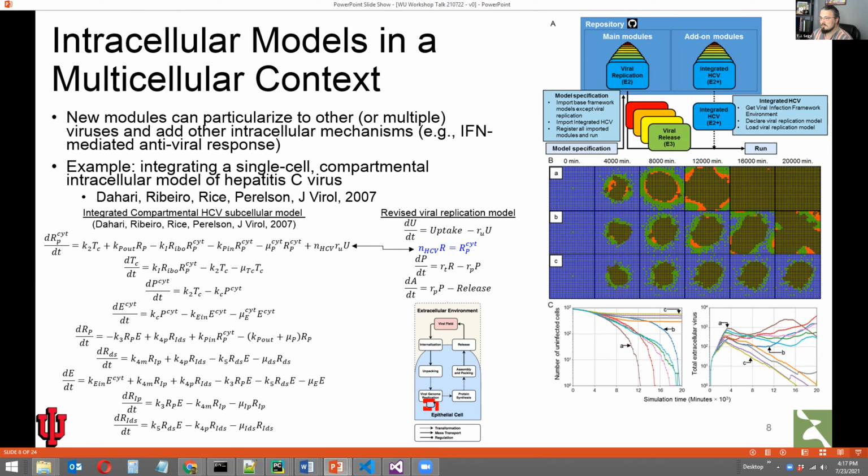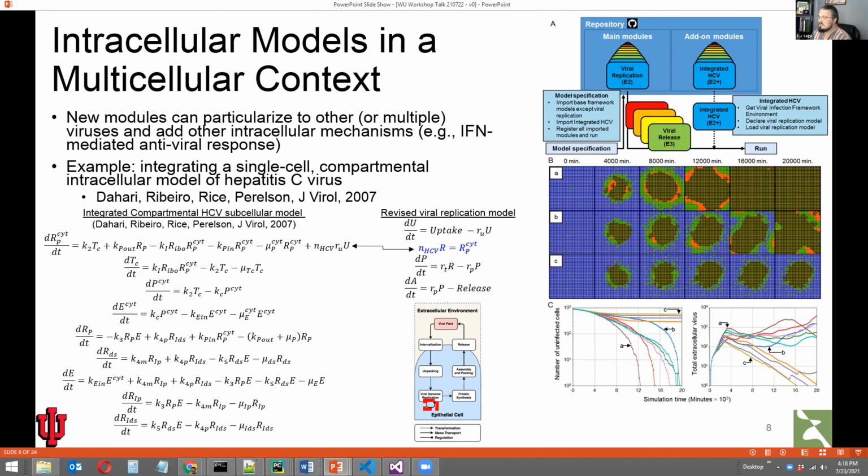And this model, to my knowledge, has only always been used to study HCV in the context of an individual cell exposed to some particular environmental conditions. And so this activity here is to take that HCV model that has been used in those sorts of static conditions and instead replace the COVID viral replication model with it and do the same simulations.